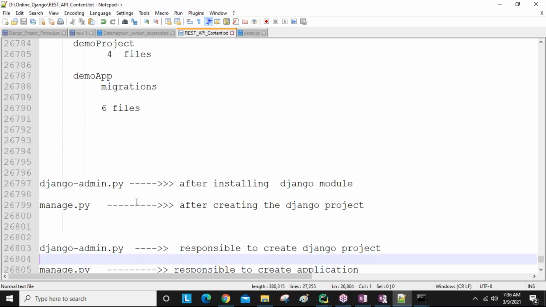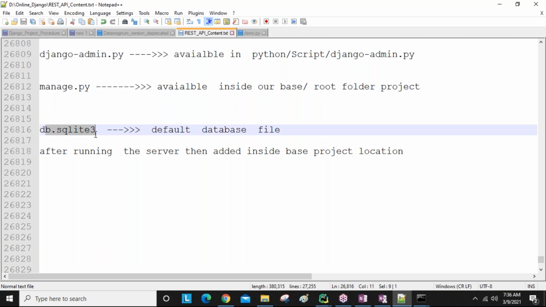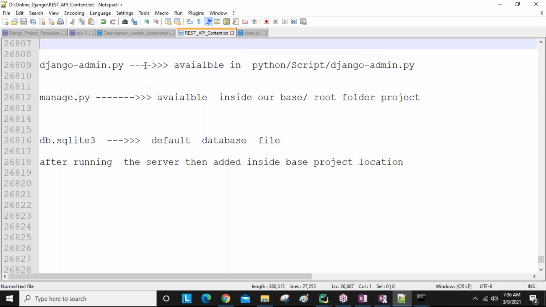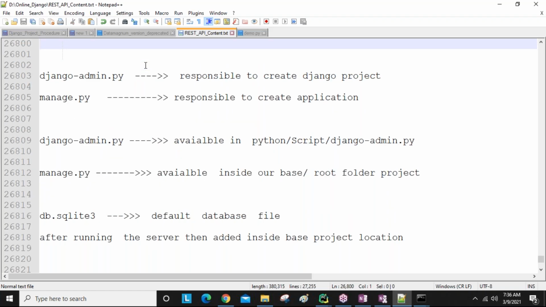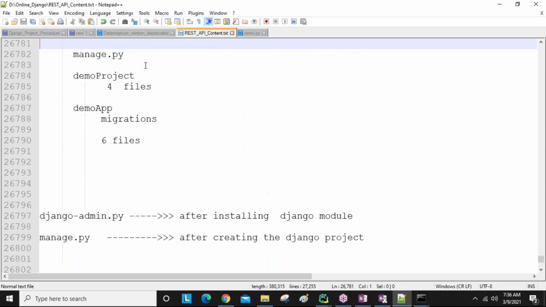No need to set this default database yourself, guys. By default Django comes with the settings. The default SQLite3 database settings are automatically there in Django. If you want to use any other databases, then we need to add those databases' settings, and we need to download those databases also.